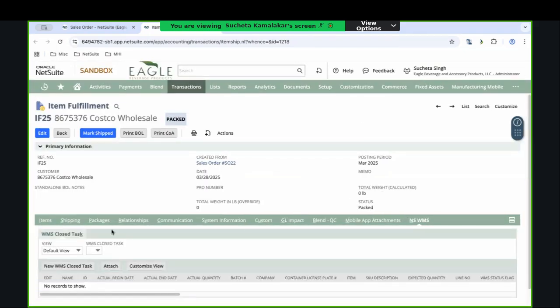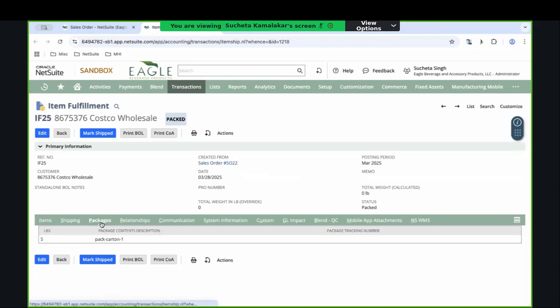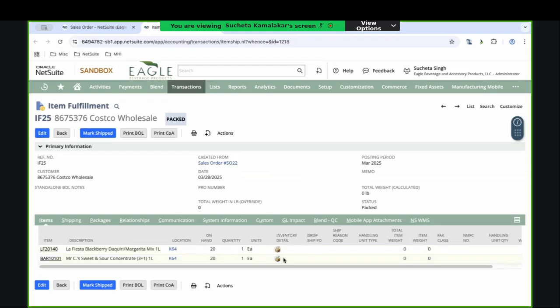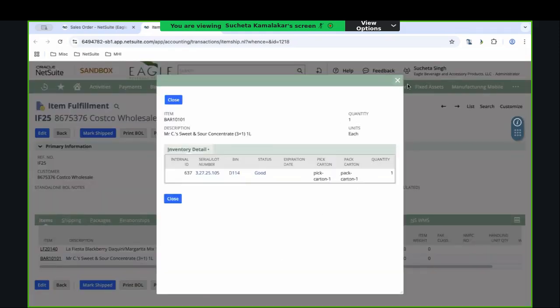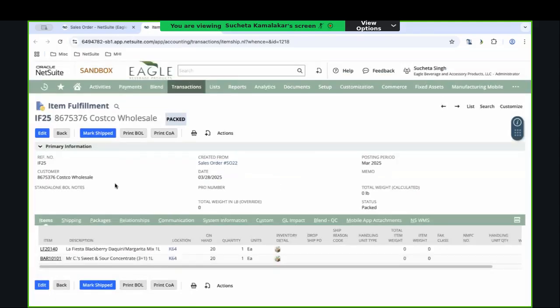Show up here. Yeah, it shows up in one of these tabs. I have to check where it shows up. But yeah, this inventory detail, which we pretty much can't customize, really only shows you the pick and pack carton. So now it's packed. So in the real scenario, when you have FreightPop and everything set up, ideally, I would